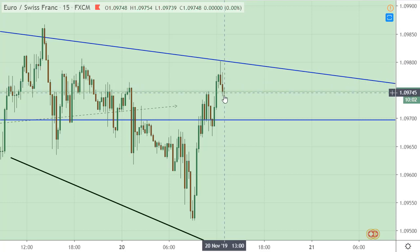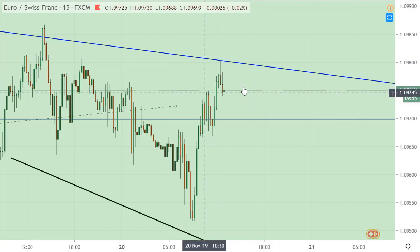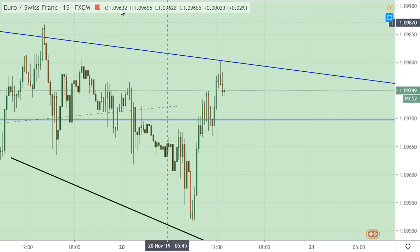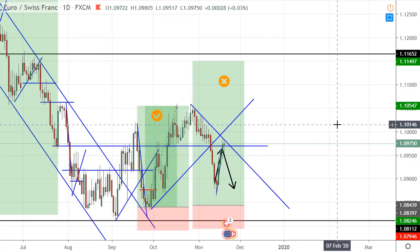So if we can get a pullback, maybe a double top pattern over here, and then you get in. You can, of course, if this is starting to make lower lows and lower highs on the 15-minute chart, that could be a level to enter the market. It doesn't matter what time frame you pick to get your entry from here, because on the bigger time frame, and in this case it is the daily time frame, this one, yes, one of my number one favorites. So yeah,